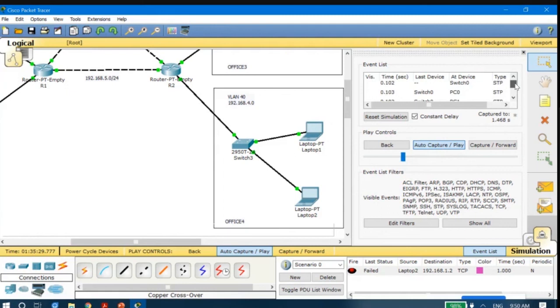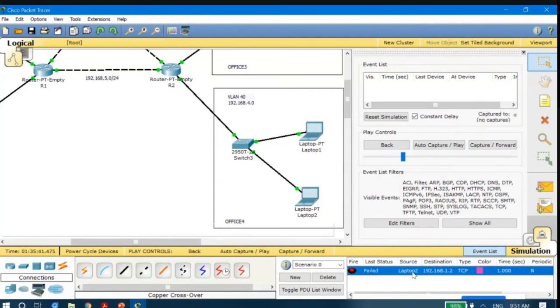From PC0 it has originated and it has gone up to... Sir, in the event list, how are we going to find which one is a complex PDU and which is a normal PDU? Now you cannot differentiate between that. Okay, sir. But you could always check from which device it is originating to which device it is reaching.